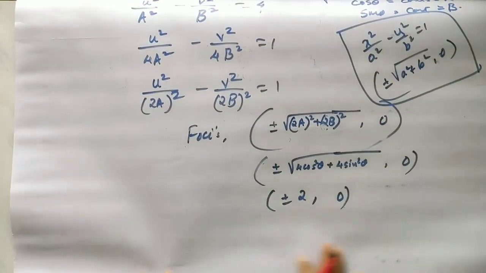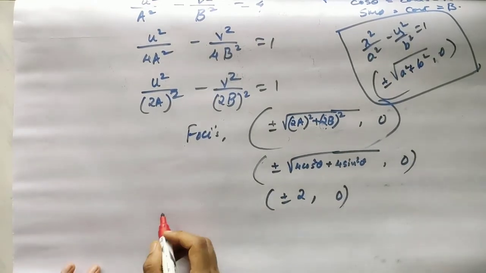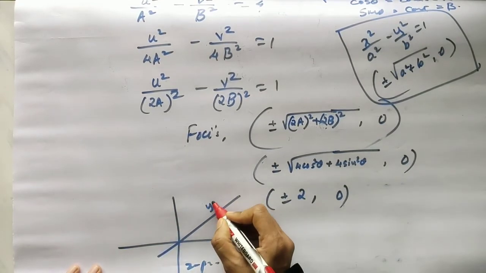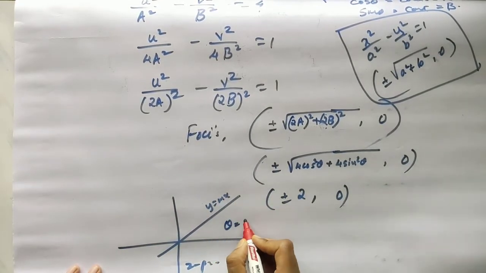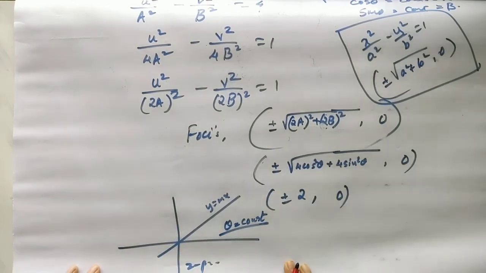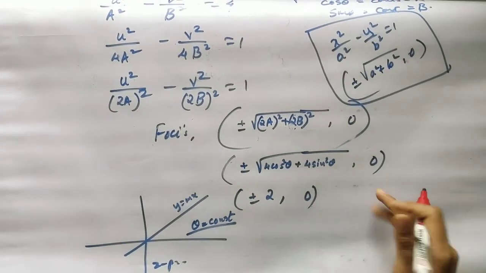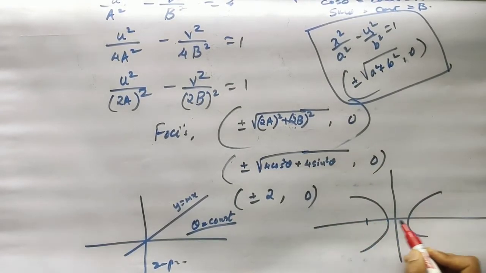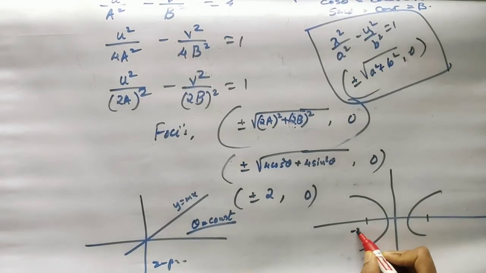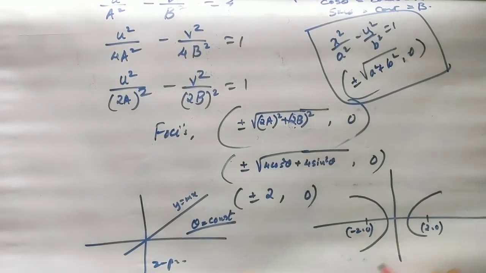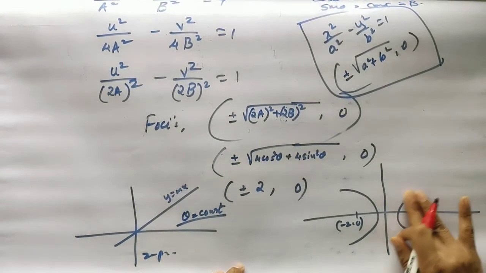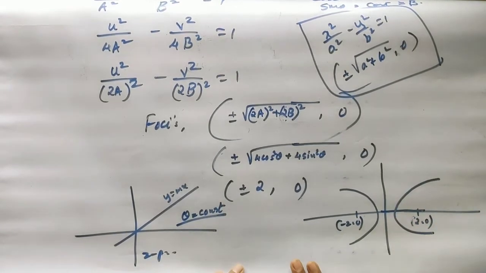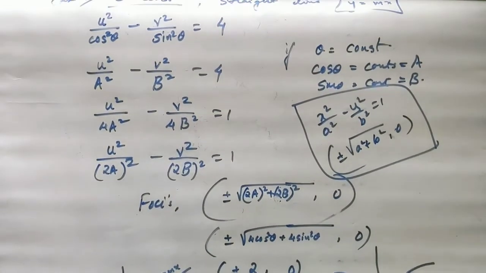So you can say that we have a z plane here and we have a line y is equal to m into x. Because theta is constant, you get a line. This line we have got just because theta is constant in the z plane. So this line is mapped to a hyperbola with foci at these points. Say minus 2 comma 0 is this focus and this is plus 2 comma 0. These are the two cases that we had to discuss related to this transformation.